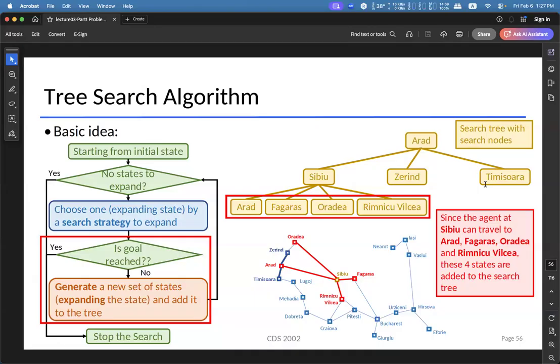And the next question that we would need to handle is what nodes we need to explore first. As you can see in the search tree, the Series node is still not being explored.